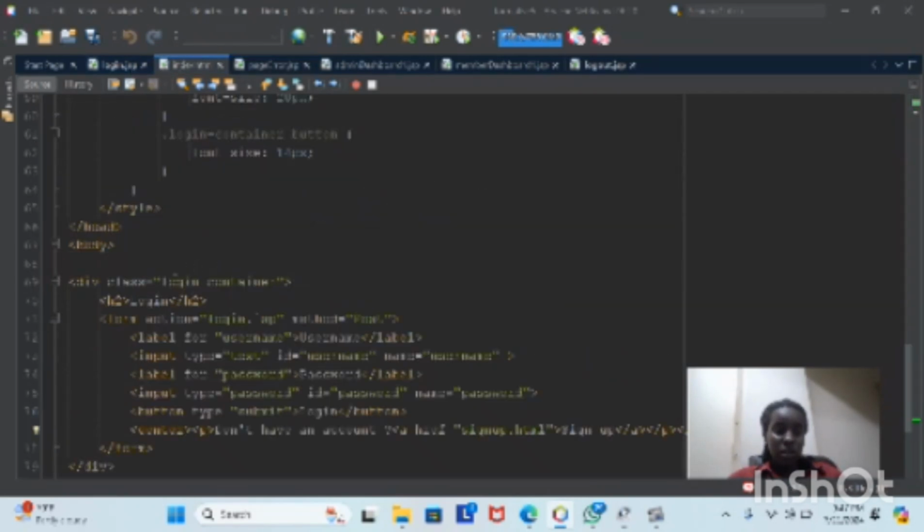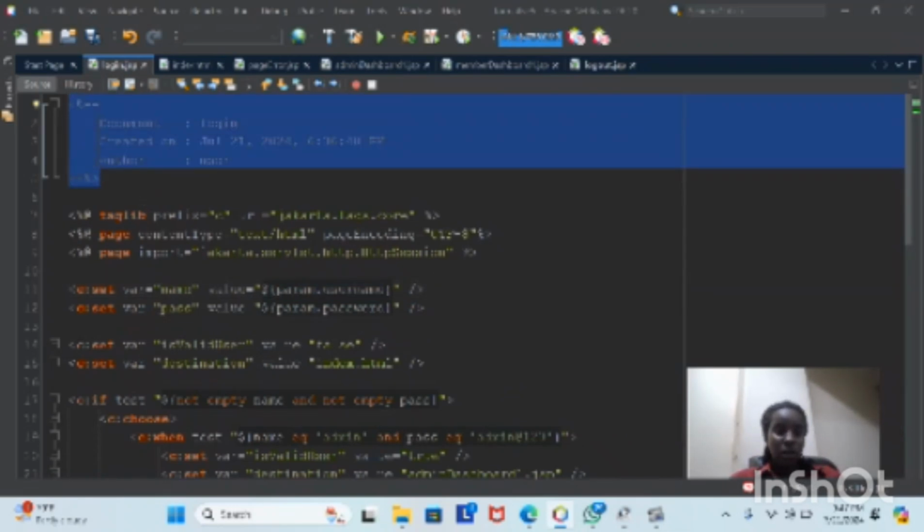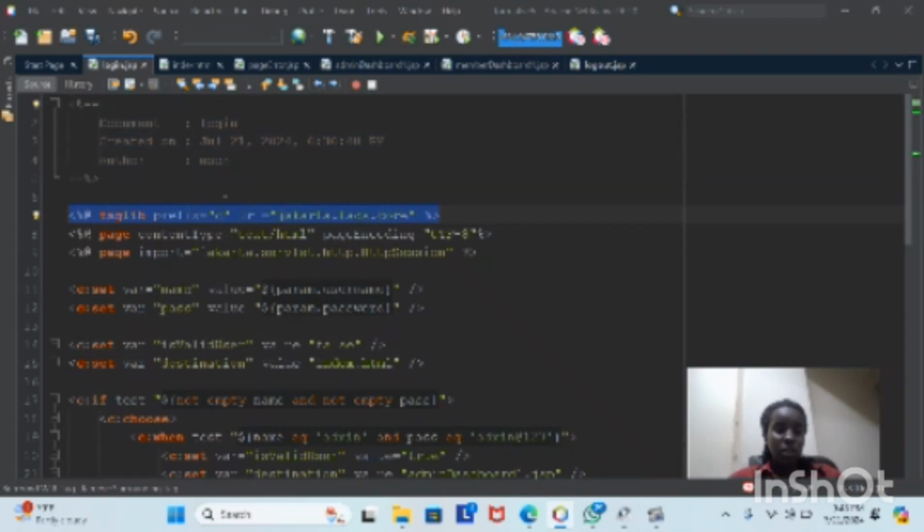As you see here, this is the login page that will direct us to login.gsp. This is the login.gsp. This is the metadata of the document, and here we are importing the JSTL core tag library that will provide common functionalities for GSP. Here we are setting the content type of the page to text/html, UTF-8. Here we are importing HttpSession